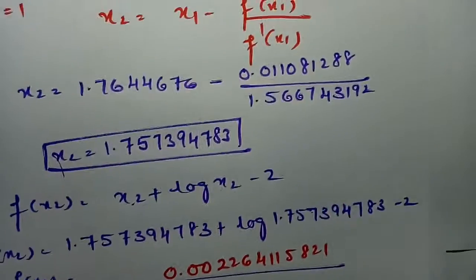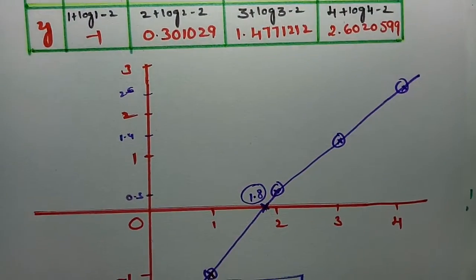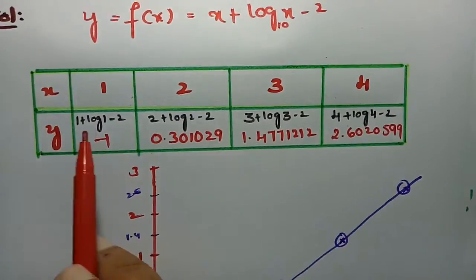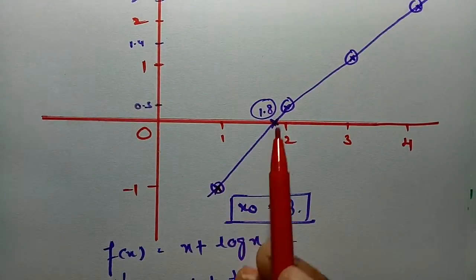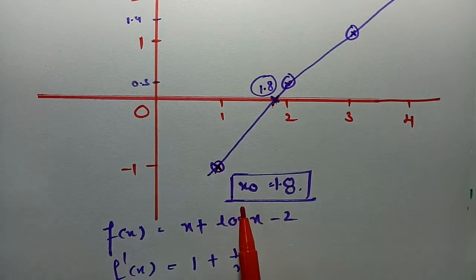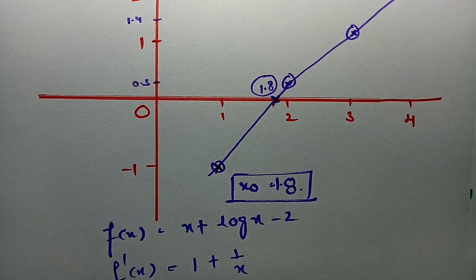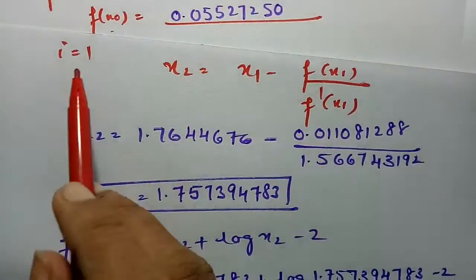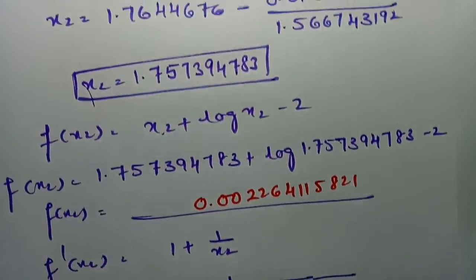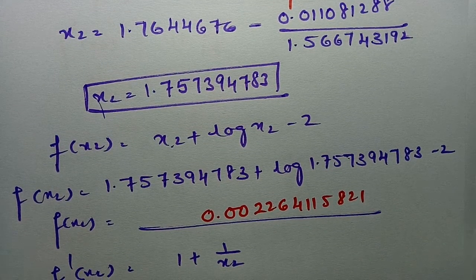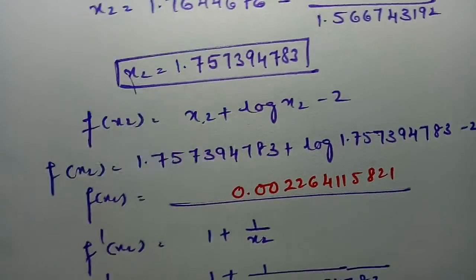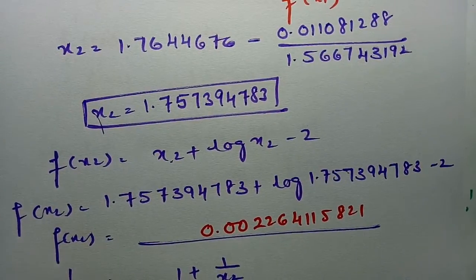This is how we have to solve, and this is also very easy. First of all, don't forget, we have to take 1.8 as x0. For that we take certain values and plot, and this point x0 is 1.8. After taking the initial value as 1.8, we keep on giving i values as 1, 2 and 3, so that we get similar values and can stop. x equal to 1.755 is the final answer, the real root for the given equation.